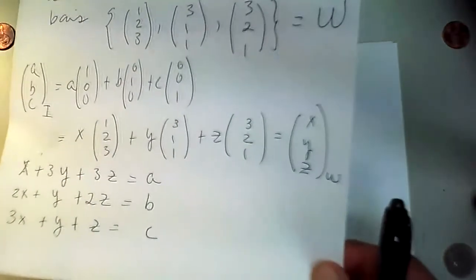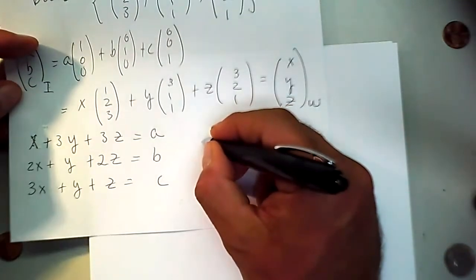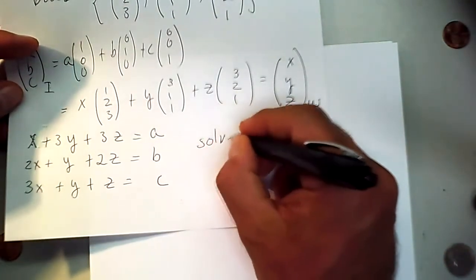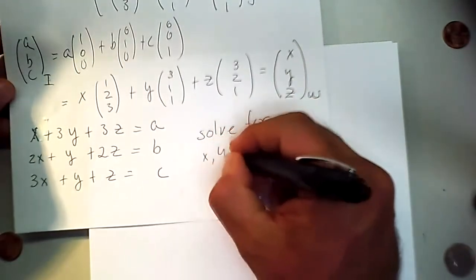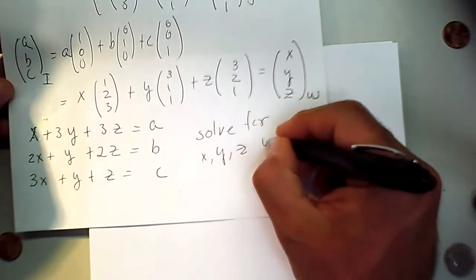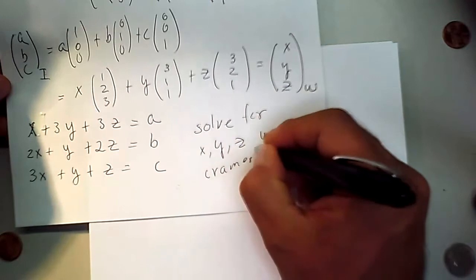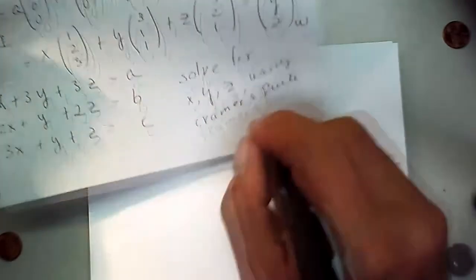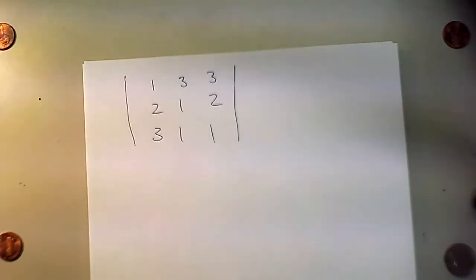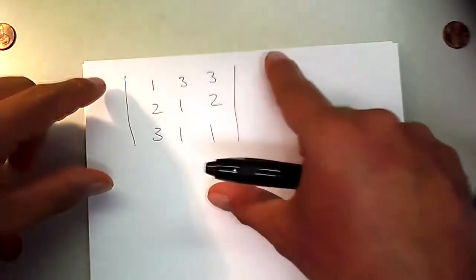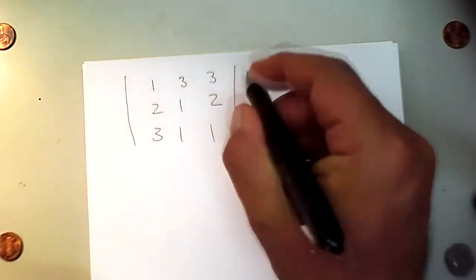So I think I'm going to use Cramer's rule to solve for x, y, z. We could also row reduce the augmented system of equations, but I think it may not be a bad idea to use